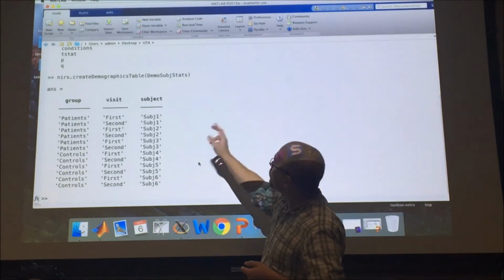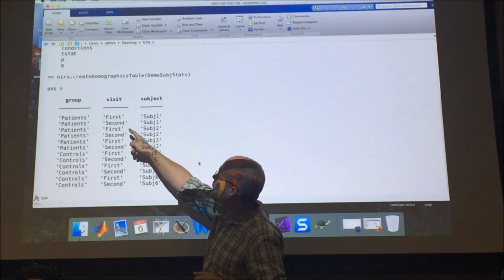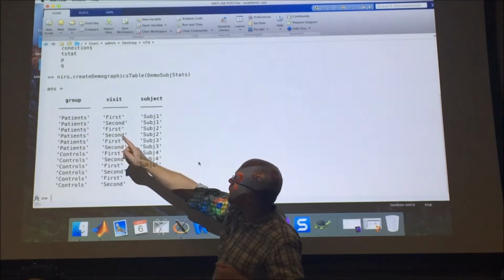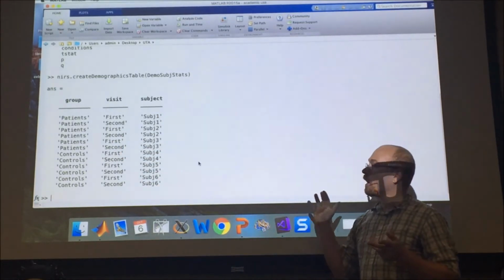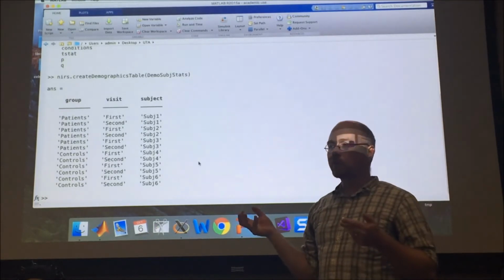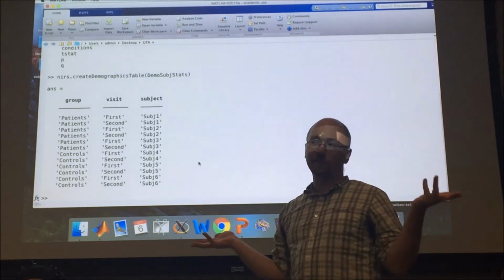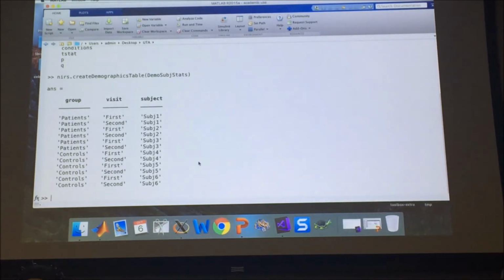But the first data file of those 12 was a patient's group, their first visit for subject 1. File number 2 was patient's group, second visit, subject number 1, and so on. So I have a total of 6 subjects representing 2 groups, patients and controls, and each subject came in for 2 visits, okay? So I ran this model out, and if I look at,